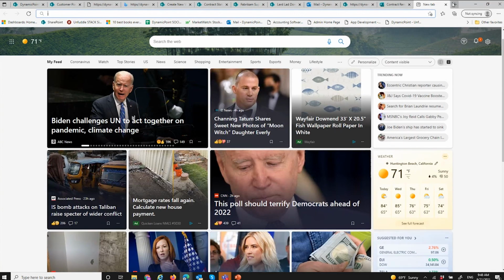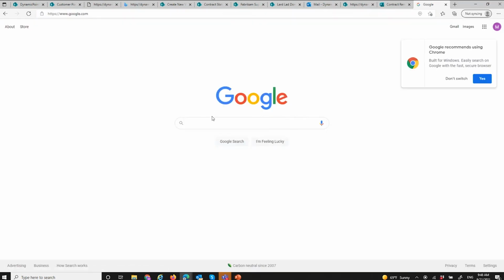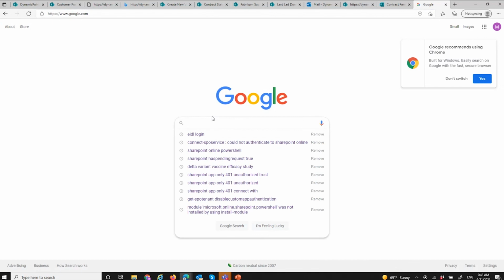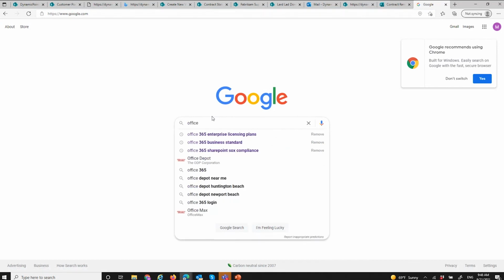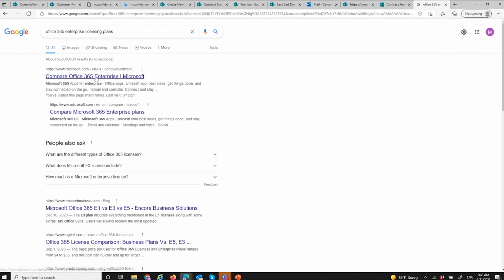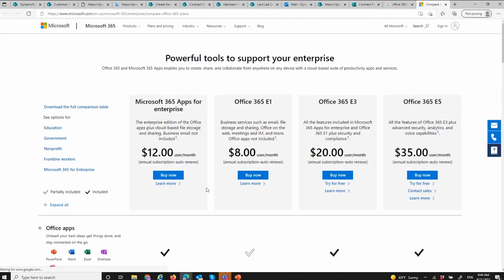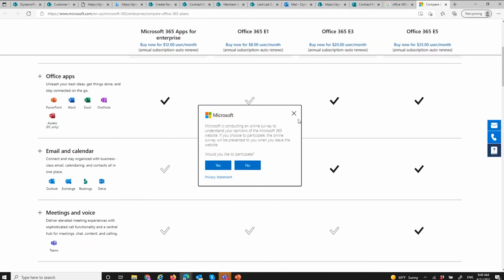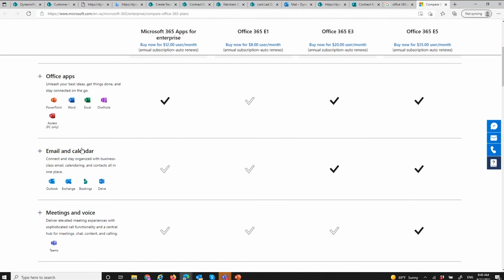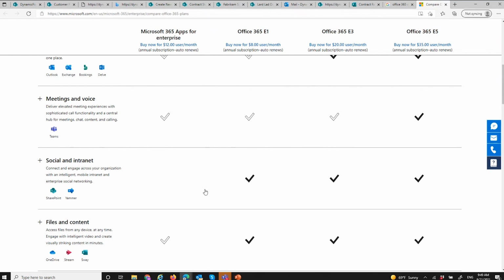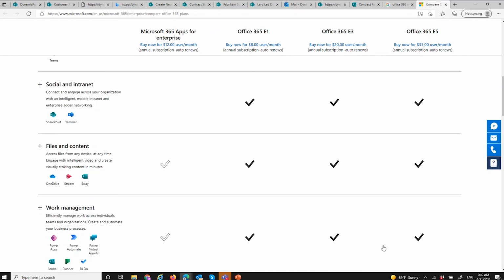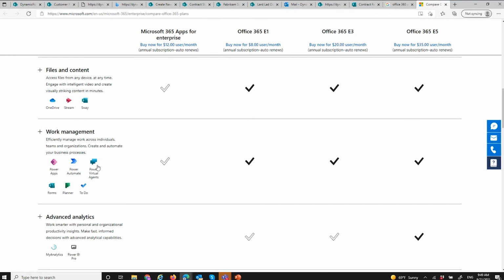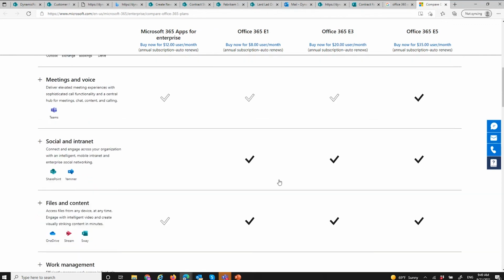Generally speaking, if you go to enterprise plans, that's what most people seem to be running when it comes to Office 365. And if you open up Microsoft's site, it comes with everything that I've shown. So here are all their plans on the enterprise level, and all of them, except I guess this one, come with SharePoint. They all come with Power Automate, etc. So most people have it.